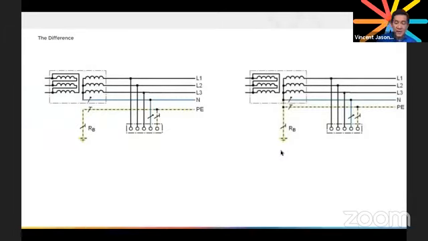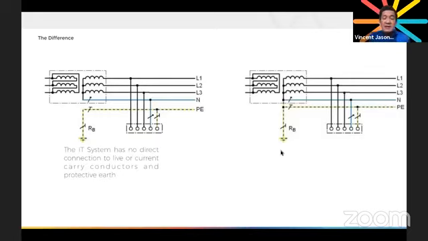So just to quickly discuss the difference between the two, basically, on an IT system, there's no direct connection to any live or current carrying parts. However, on a grounded system, the neutral conductor and the protective earth is connected at star point, and this is what we usually see here in the Philippines. Ito yung tinatawag nating bonded, so to speak. Now, that's the main difference. There's no direct connection between live or current carrying parts. So even if you had a Y secondary, you can still have an ungrounded system. Only this time you're going to be on a standard 5-wire system.